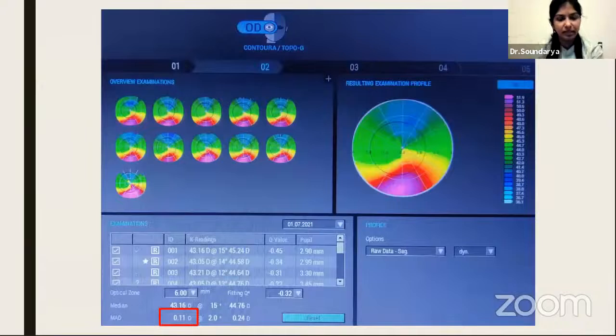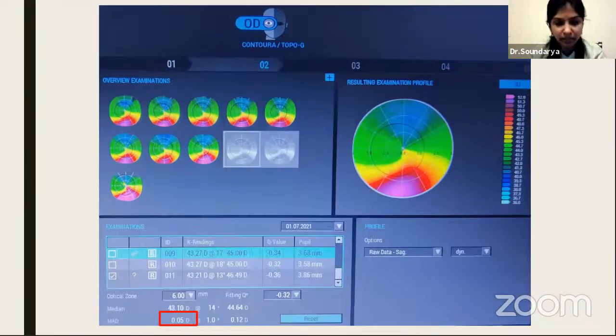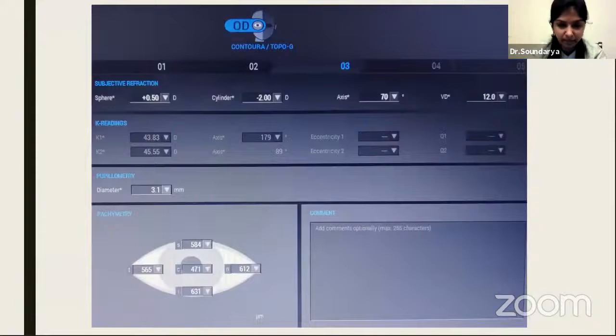This is going to be the first screen, as Vavikar sir has excellently put. We're going to be taking at least a minimum of 6 scans, and to reduce the mean deviation, here again, we don't look for a mean deviation of 0. We usually try to keep it less than 0.1. So here we try to eliminate any outlying scans so that we reduce the mean deviation values. And in extremely irregular cornea, sometimes the Q values can be higher. In those cases, we can manually reduce the Q value in order to obtain the scans.